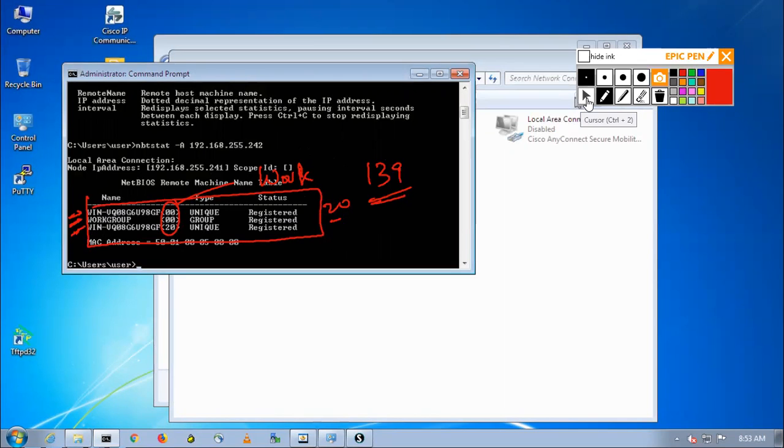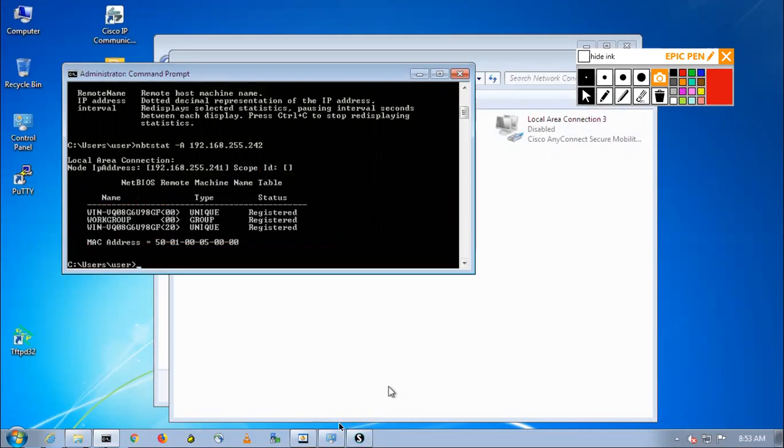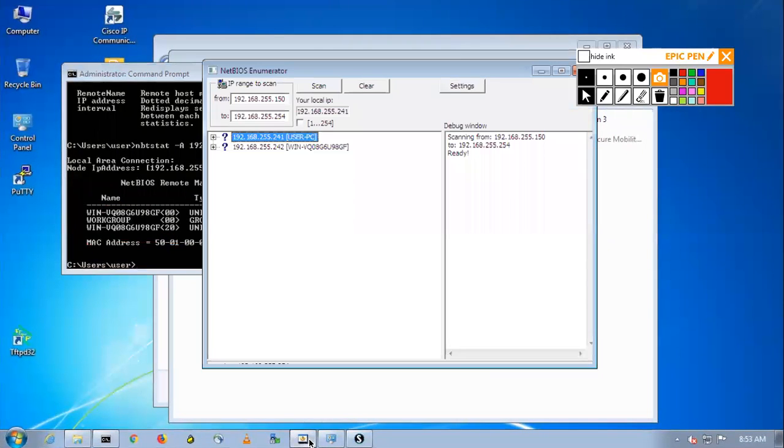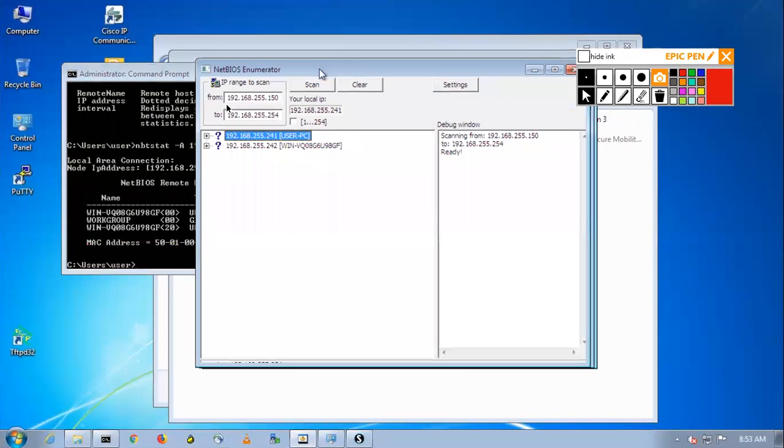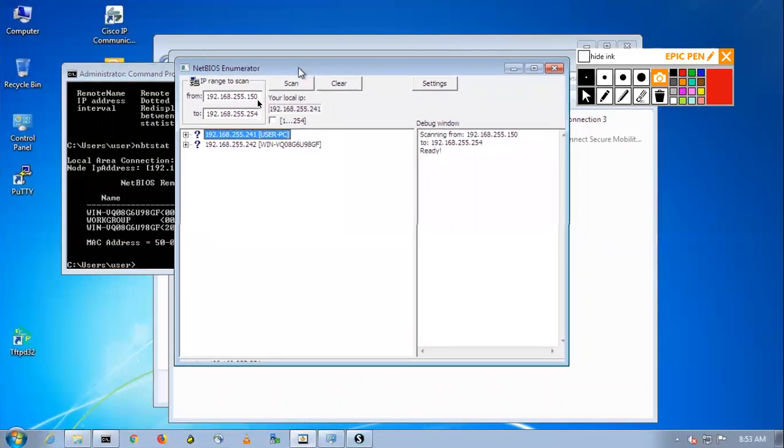For this we have an extra tool also which will tell us the same thing, which is NetBIOS Enumerator. As you can see, this is NetBIOS Enumerator. You have to put the range of IPs. If you have only a single IP, just place the same IP in from and to.